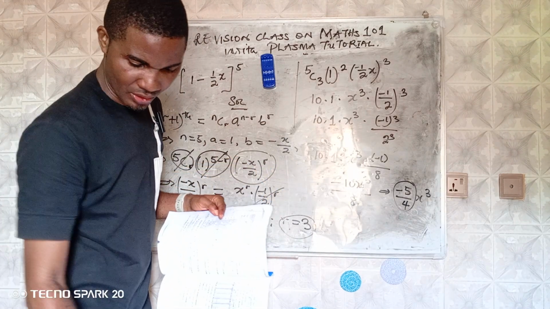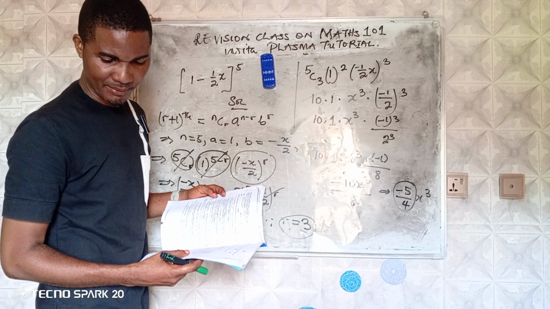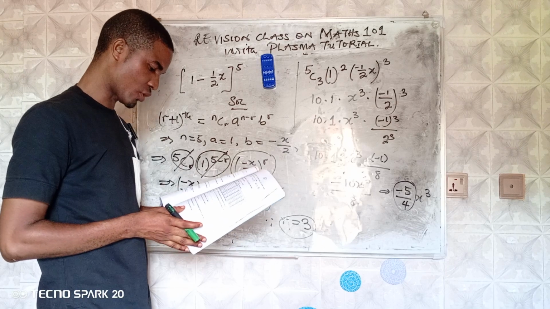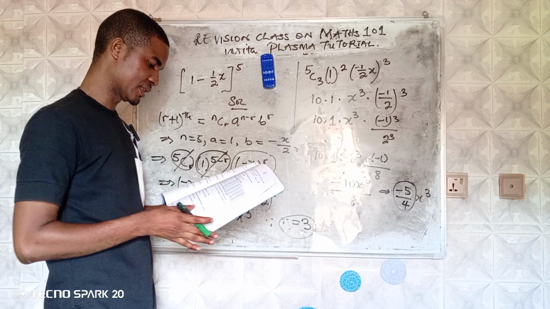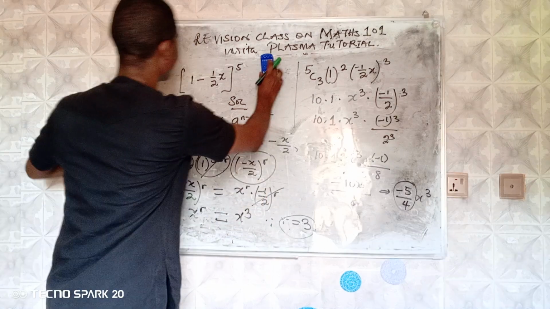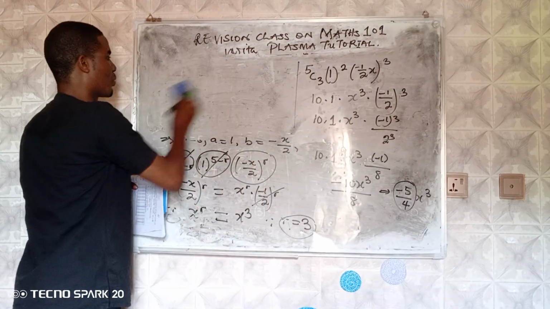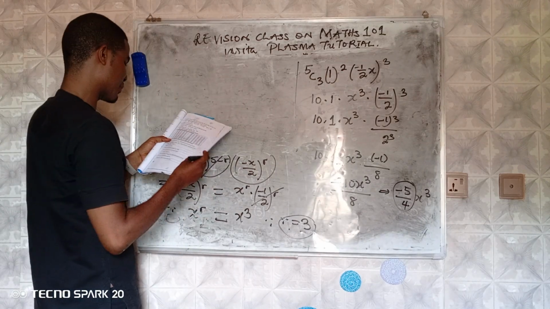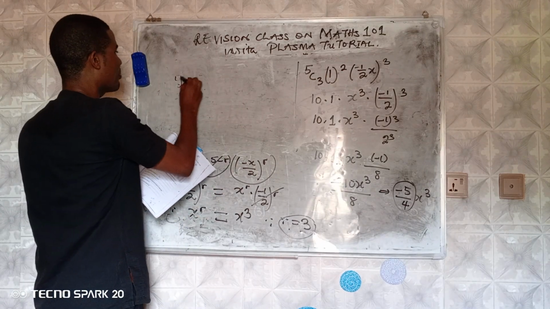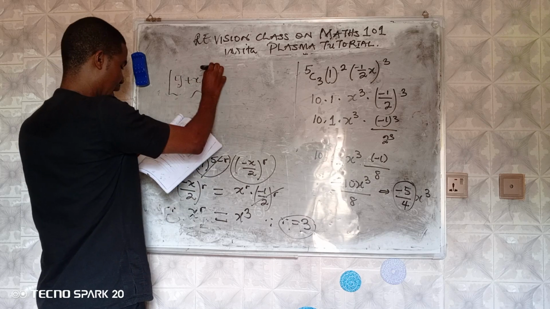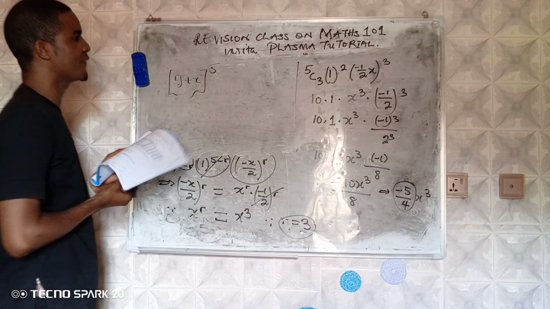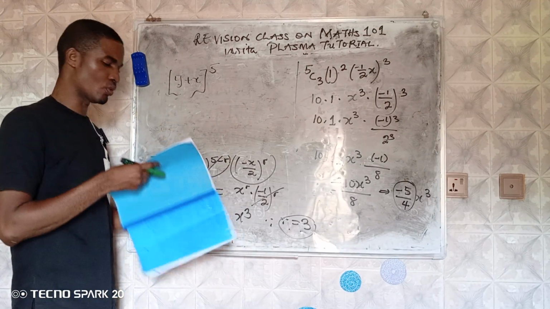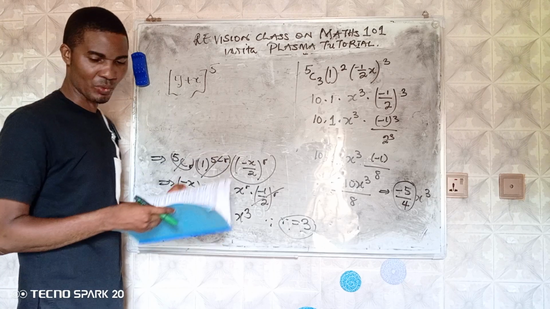Okay. The next question will be the same 2020, 2021, question number 4, section B. A very simple question in question number 4, section B. It says we should expand completely y plus x all raised to power 5. I believe this was done in the example when we started, so I think you should look up this from there. So let's quickly go to